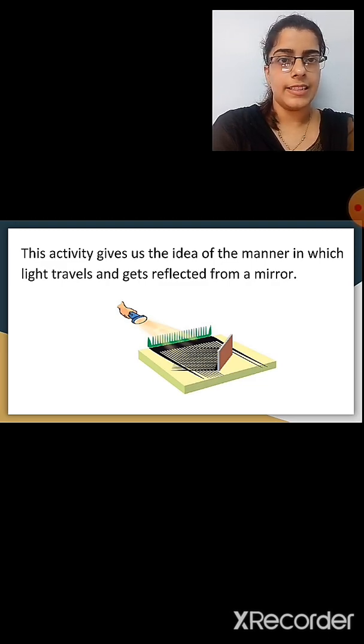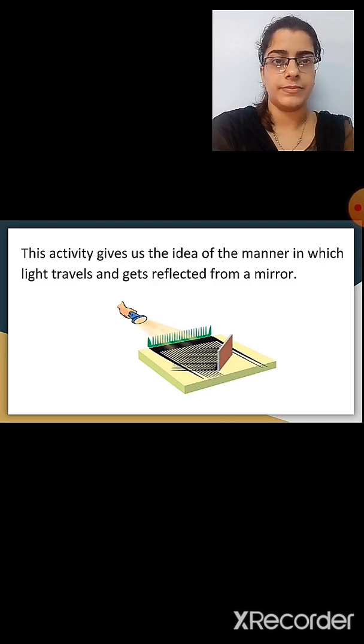What is light? The important source of light on the earth is the sun. We have studied about luminous and non-luminous objects or bodies. Then we have studied about transparent, opaque and translucent objects. Then we have studied about the pinhole camera, shadows, how shadows are formed, and the different characteristics of shadows. Then we have studied about mirrors and reflection. I hope all the topics are understood.